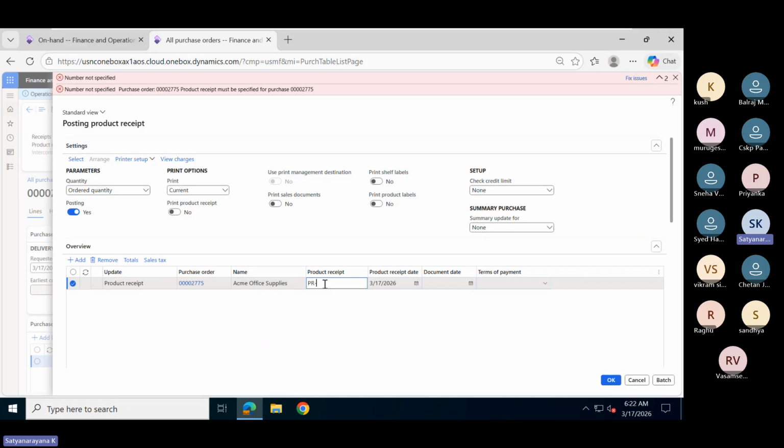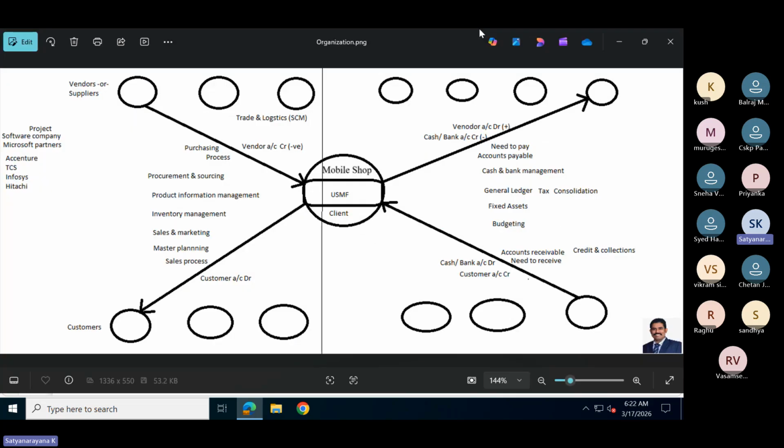Now, what is this number? Whenever this vendor is delivering material to your company, suppose your company is in Bangalore and the vendor company is in Mumbai, from Mumbai to Bangalore they are delivering.